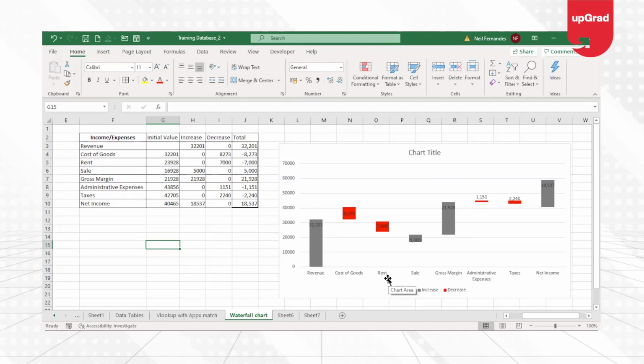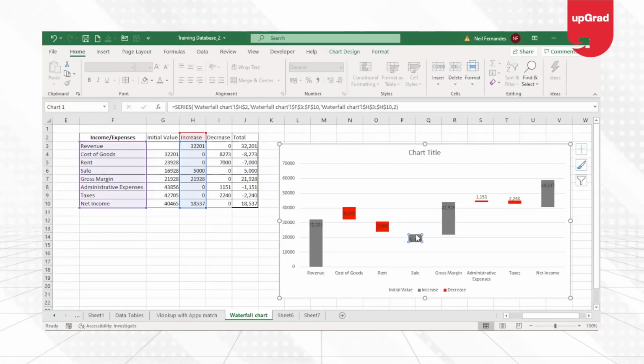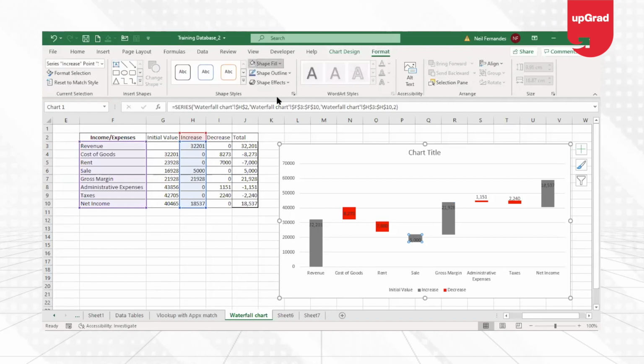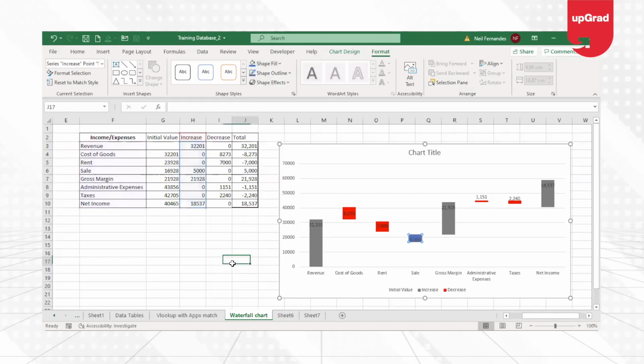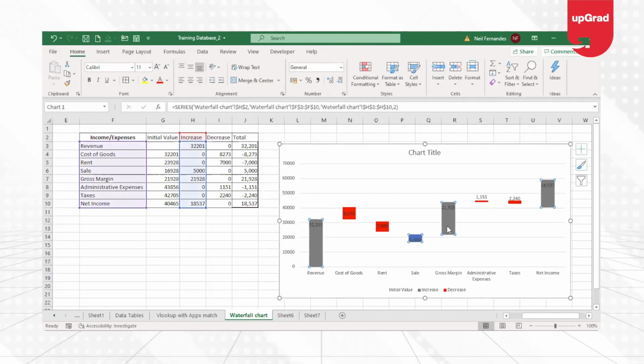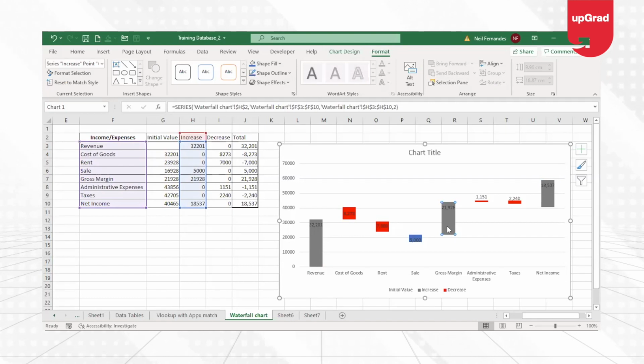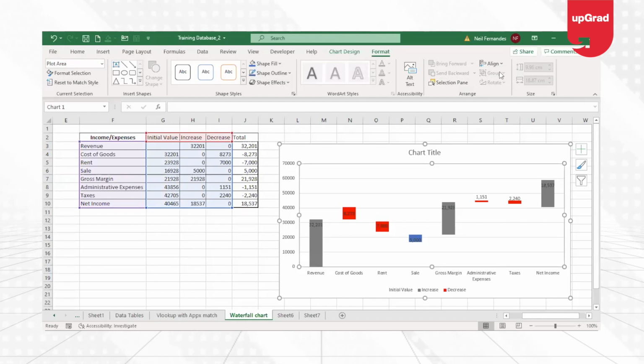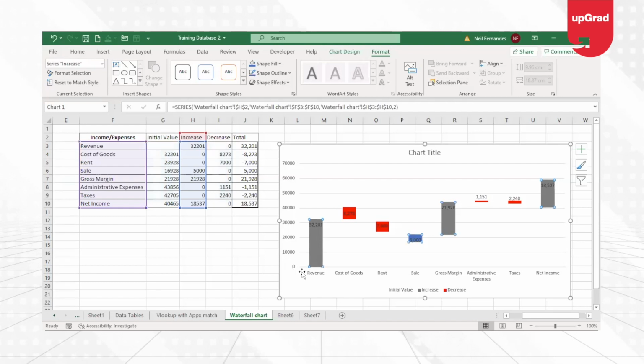So here we go. We have the data with our initial value, the initial thing that we had done. We have been able to get the data in the gray wherever the starting point is. But this part is not supposed to be gray, if the 5,000 is actually a positive. So I'll have to go back and color it in blue. So I'll do shape fill and make it blue so that it looks like a positive number. This number is showing in the gray because that is actually your total or the remaining amount. However, you would notice that while your initial value is showing from the zero, the other two totals are showing a little above the value.